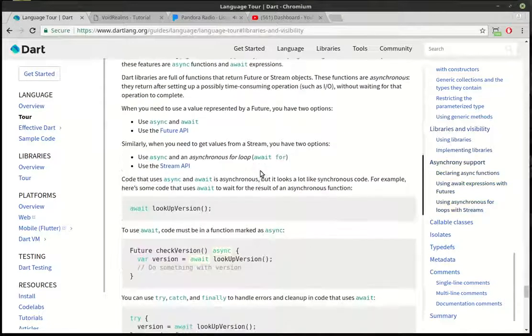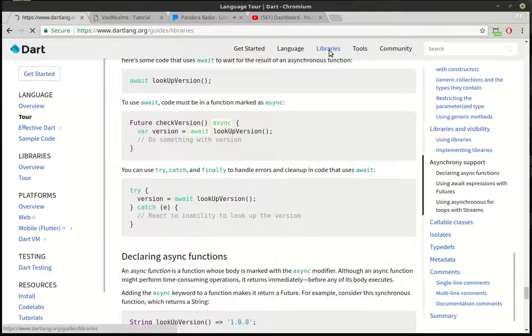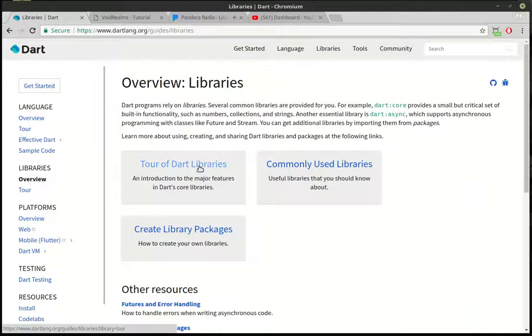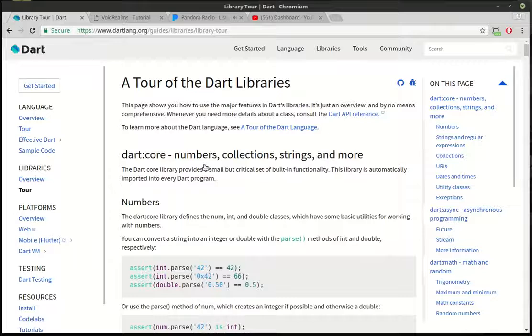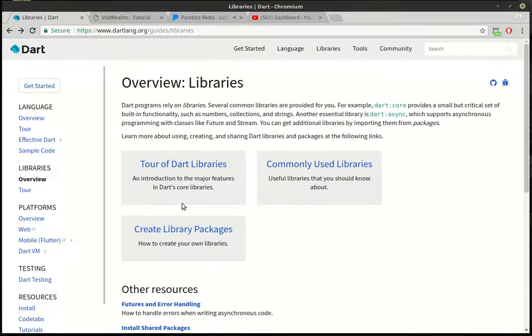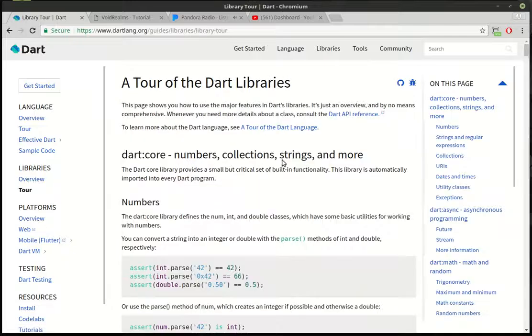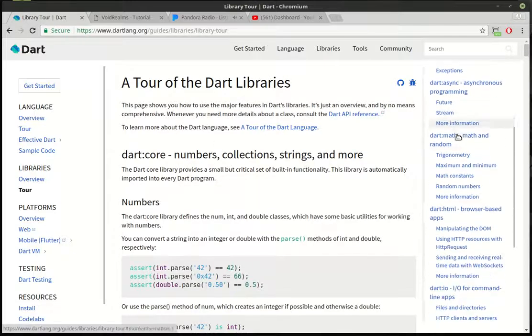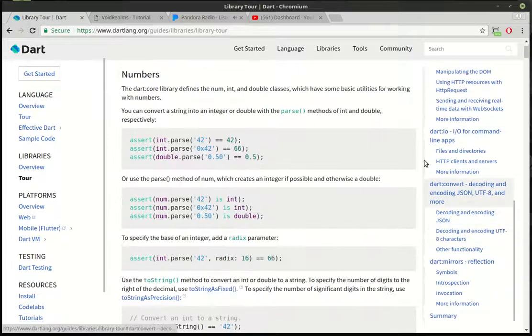They don't really cover it a lot in the tour of Dart. You have to actually click on libraries over here, and you can see there's a tour of the Dart libraries, commonly used libraries, and then a whole tutorial on how to create your own library packages. We're going to cover a little bit of this, but I wanted you to be aware of this for future tutorials. Let me back up in case that wasn't apparent what I did. You click on Tour of Dart Libraries,